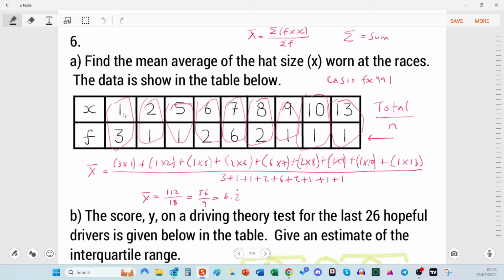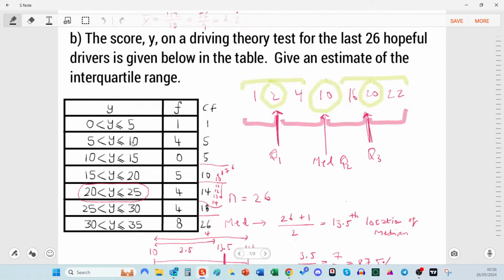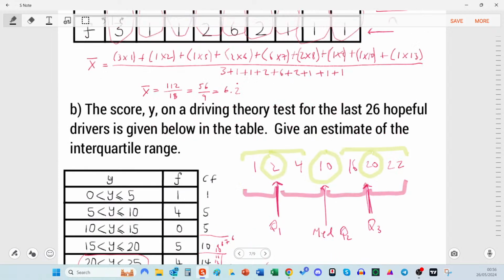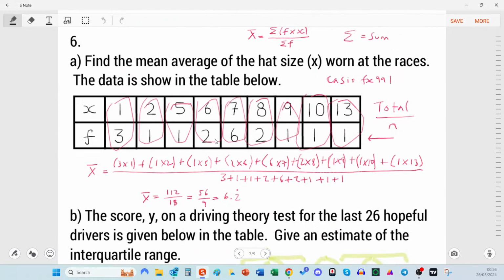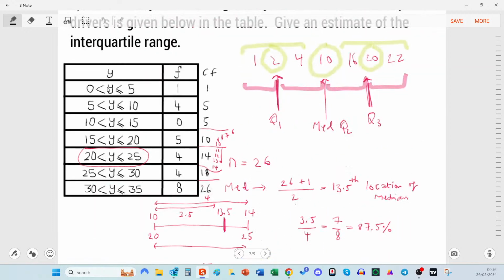Sometimes the x's are not whole numbers like 1, 2, 5. Sometimes they're like this down here, they're ranges. And what's the difference if you were asked to find the mean from this table versus this? Well, you'll do the same method as up here, but instead you're going to pick the midpoint of all of